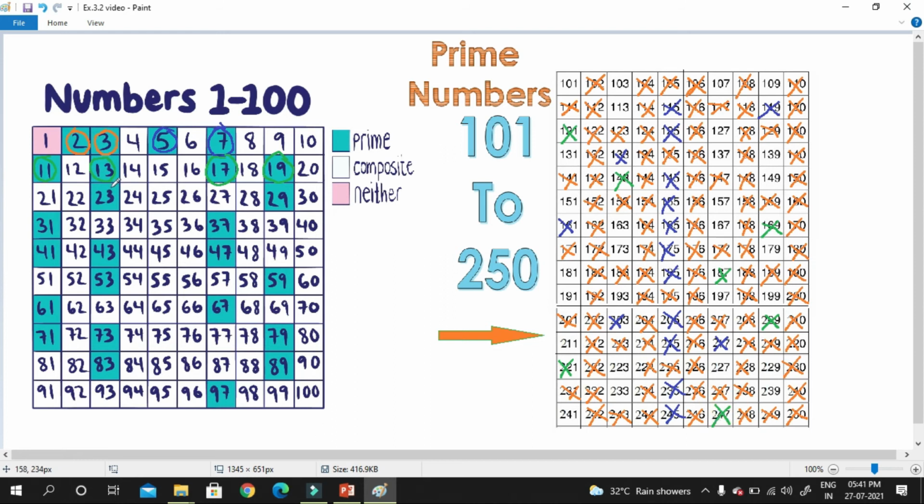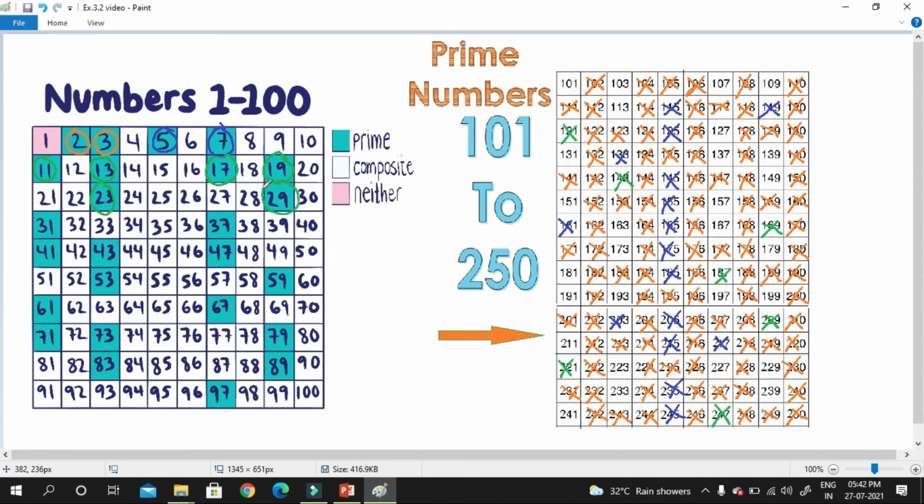Next number is 23. So we'll take the multiples of 23 now. So 115 already cut, 138 already done, 161 already done, 184 already done, 207 already done, then 230 already done. Next number 29.